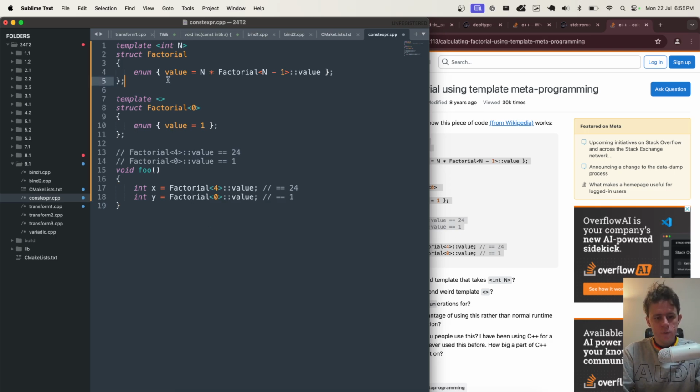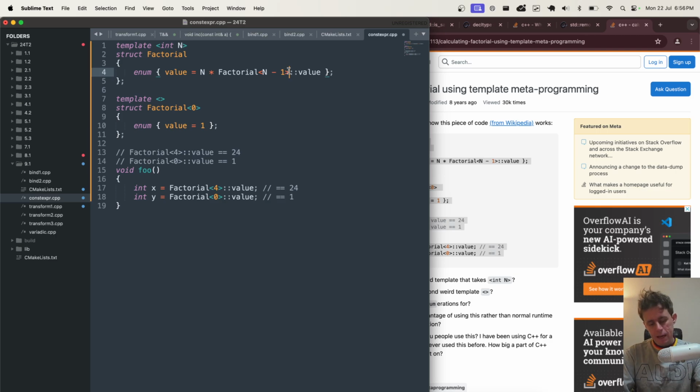What you would do is create a templated type, a templated class in this case called factorial. It would have a value inside of it, and its value would be enumerated to n, the non-type parameter, times factorial of n minus 1.